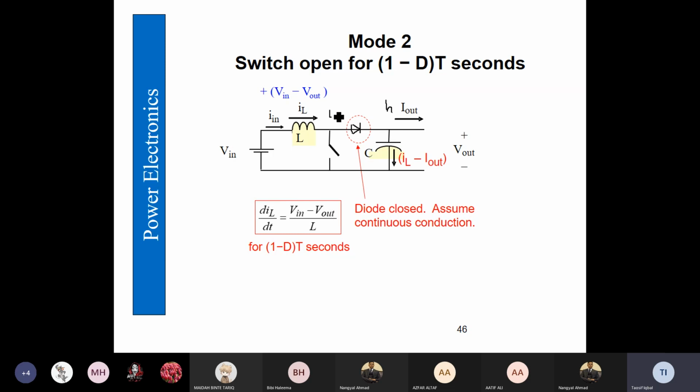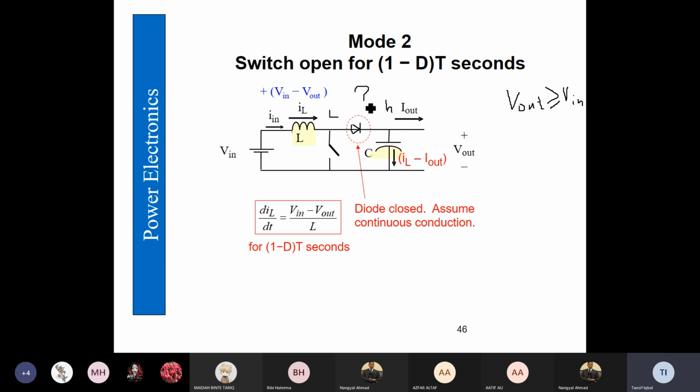Why is this anode side of the diode low? Because from this side the input voltage is coming, and since this is a step up converter, our V out is all the time greater than or at least equal to the input voltage. So if we consider V out higher than the input voltage, then this side is all the time going to be high and the anode side is going to be low.